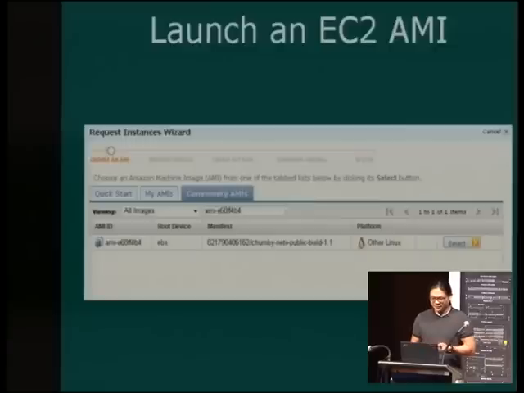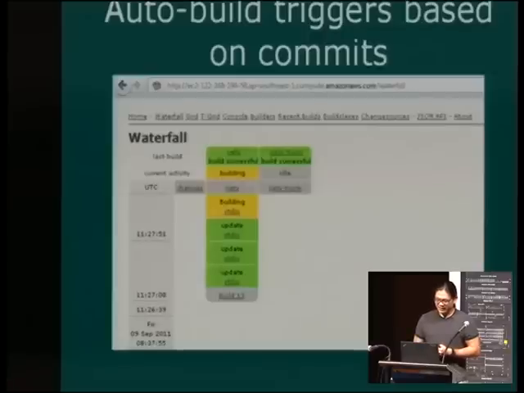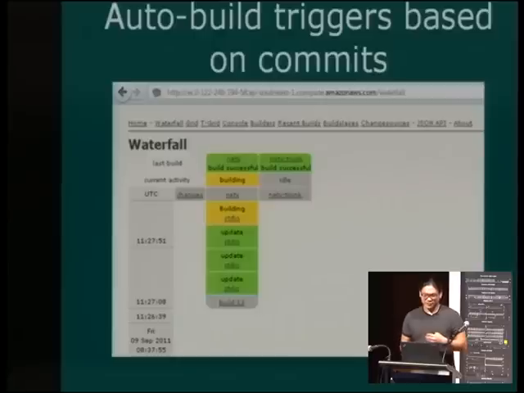So you could go ahead and grab your EC2, launch an AMI. It would come with its own little local Git repo. And there was this sort of wonderful auto build system. So whenever you did a Git commit, it would go ahead and rebuild the image for you and spit out